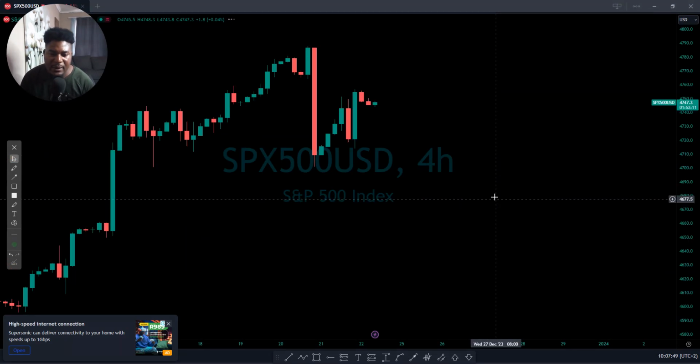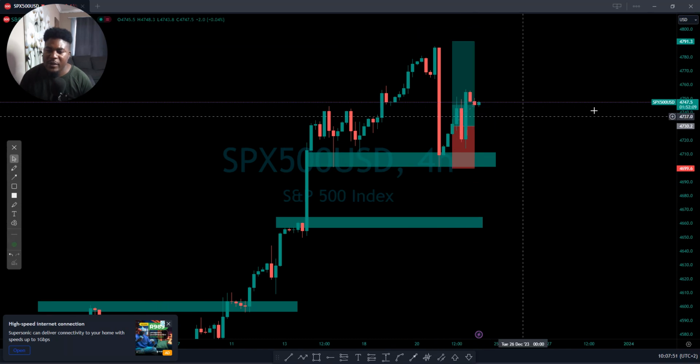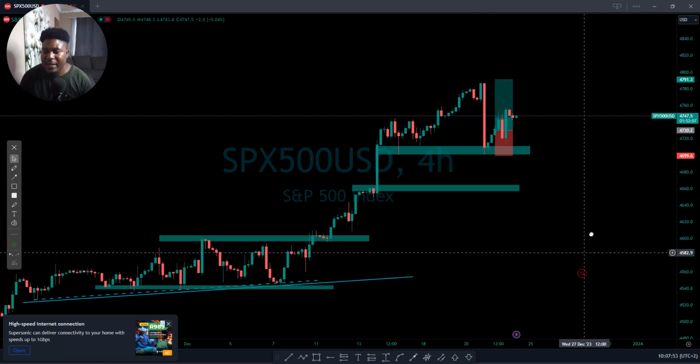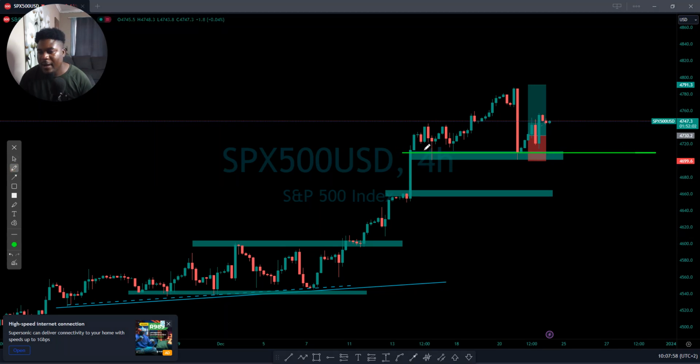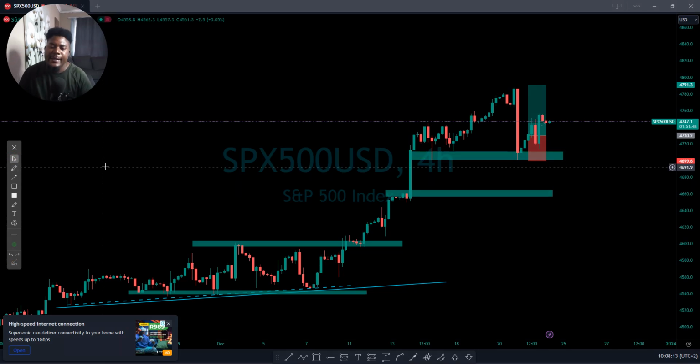Maybe it's S&P, quite similar. We also smashed S&P. This is quite similar to what we saw on Nasdaq. On Nasdaq we don't really have a proper support, but on S&P 500, to me this is a proper support. We had a reversal, then we had a buy halfway towards our take profit. Better than nothing, guys. As long as we did not really take any loss, that is much better.